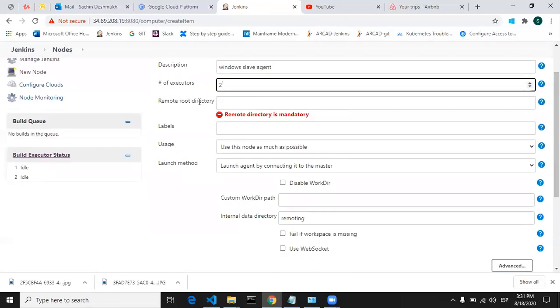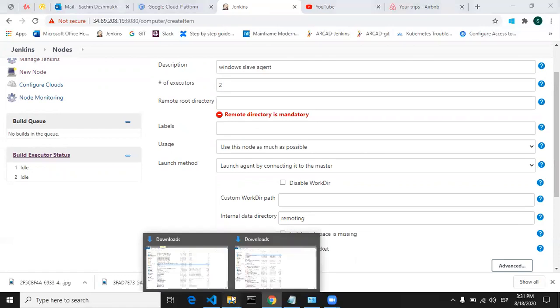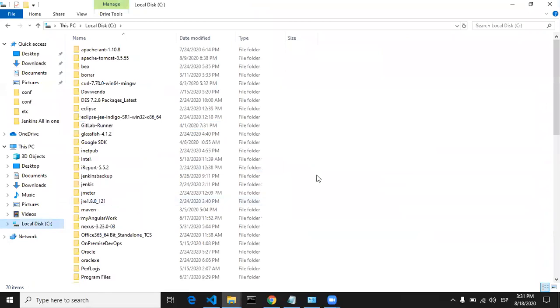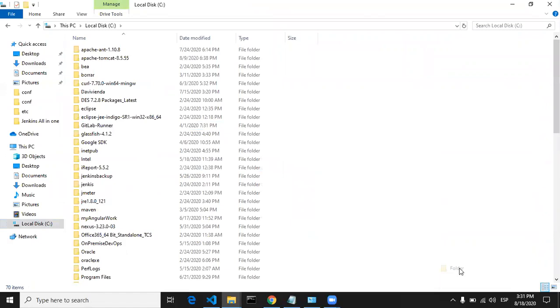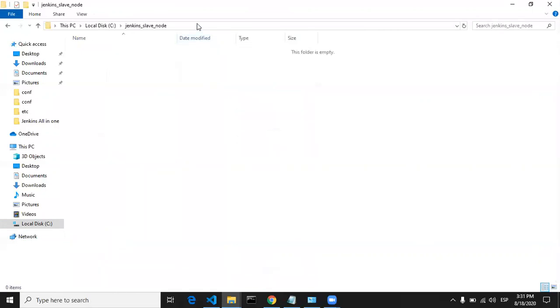Then we have the remote root directory. This is our Windows system, so I'm going to give a path for my Jenkins node. I will create one folder here, Jenkins_slave_node. This is my root directory for the Windows slave.